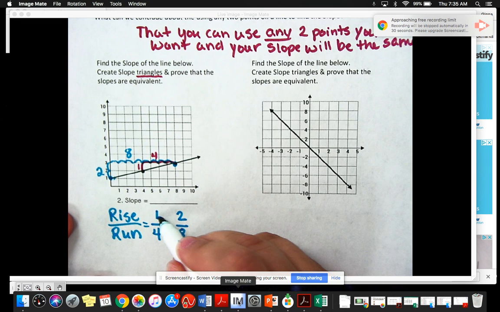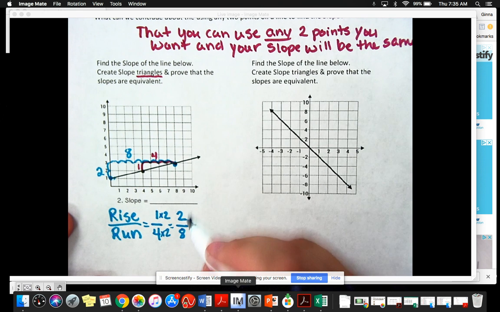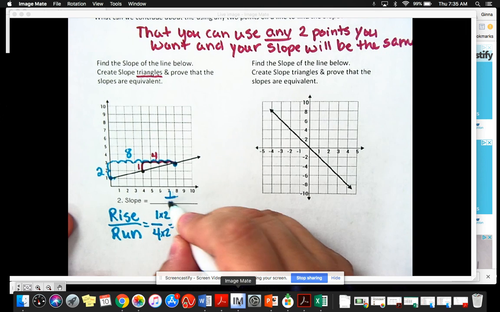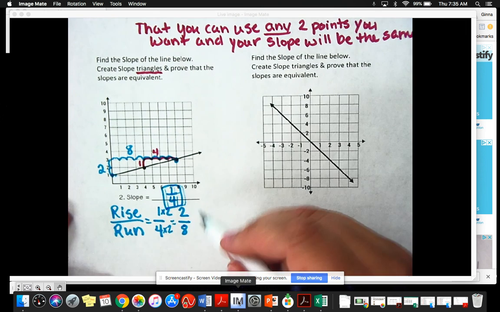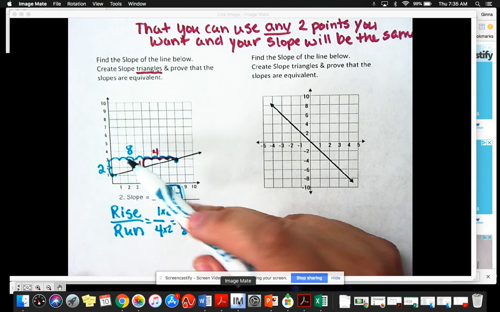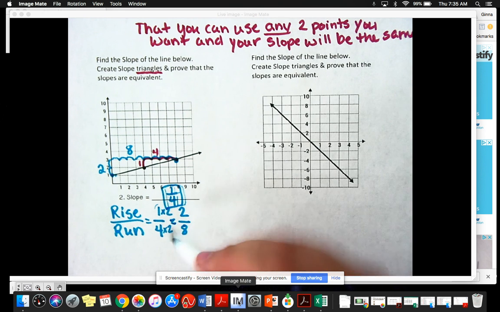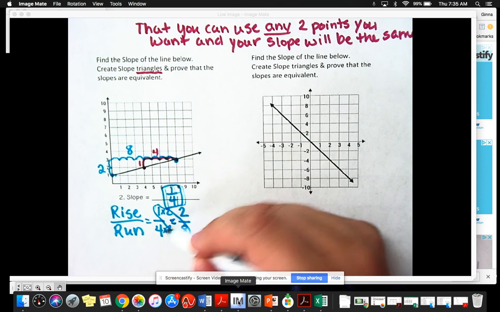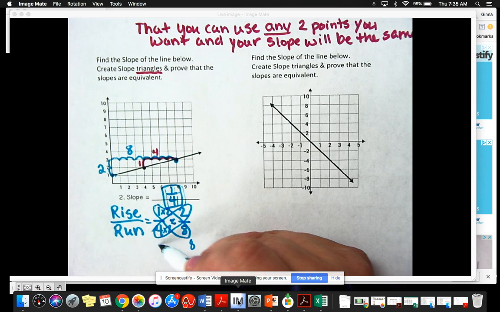What can I do to 1 to get to 2? Multiply by 2. What can I do to 4 to get to 8? Same thing. Therefore, they are equivalent fractions. Therefore, the slope is 1/4 because our slope is always written in simplest form. So they are similar. Similar triangles did give us equivalent ratios. And if you want to check it the other way, you could cross multiply and prove that they are equivalent, because that will give you 8, and this will also give you 8. Therefore,